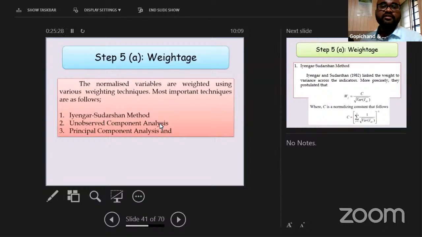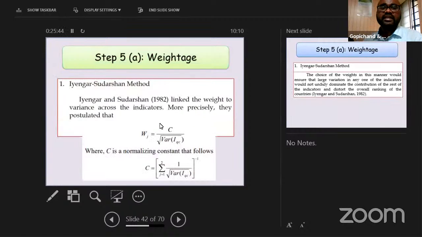Coming to the weightage and aggregation method, the normalized variables are weighted using various weighting techniques. We have normalized the data now. Now we have to weight it after that. The popular methods are the Iyengar-Sudarshan method, unobserved component analysis, and principal component analysis. Here, in the Iyengar-Sudarshan method,